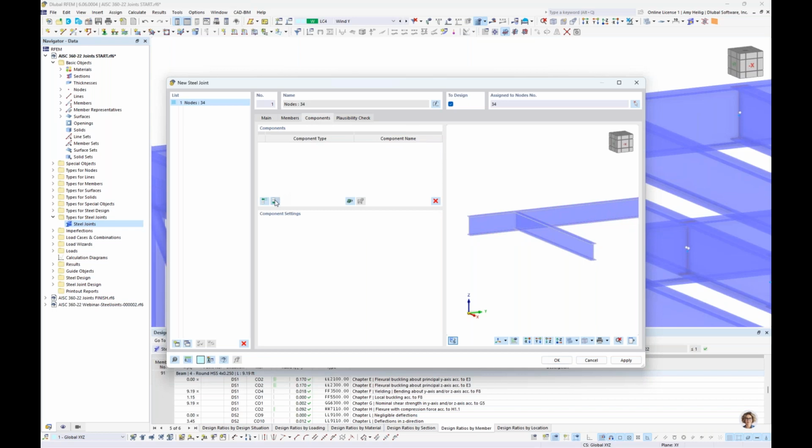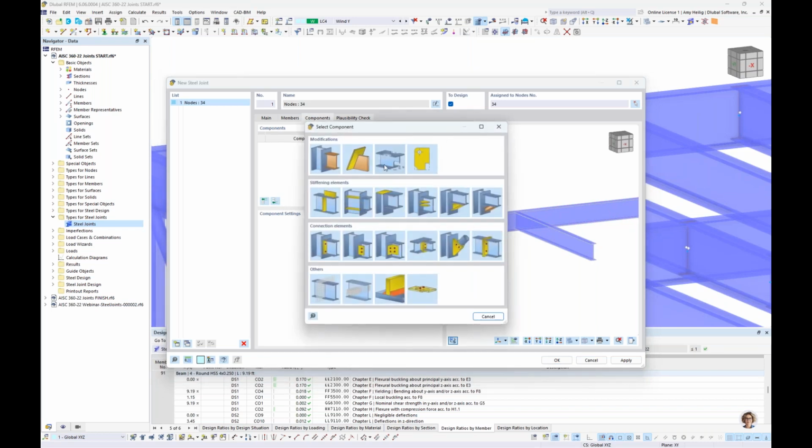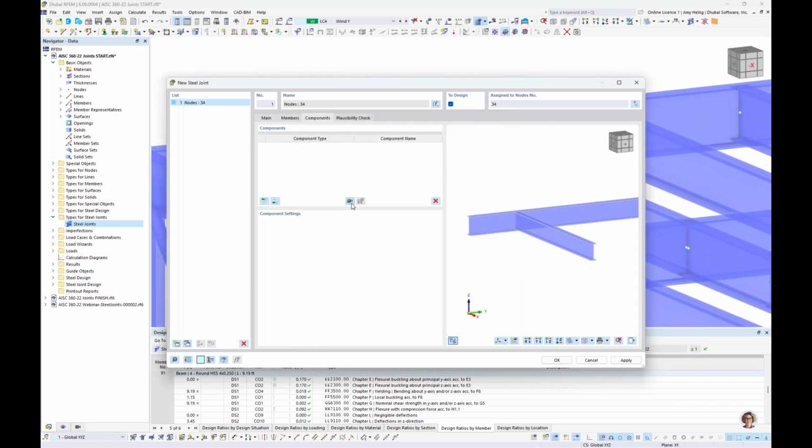So then we have our components. So we can individually insert the connection components here. You can see the different categories where I can insert a plate, or perhaps I have a haunch, or maybe for this connection, we will take advantage of a cleat. Now, alternatively, we can also utilize our library. So if we launch the library,